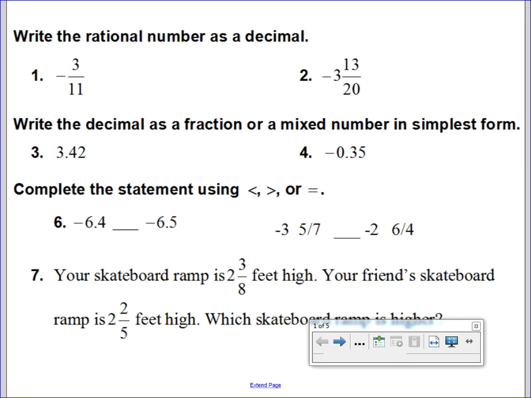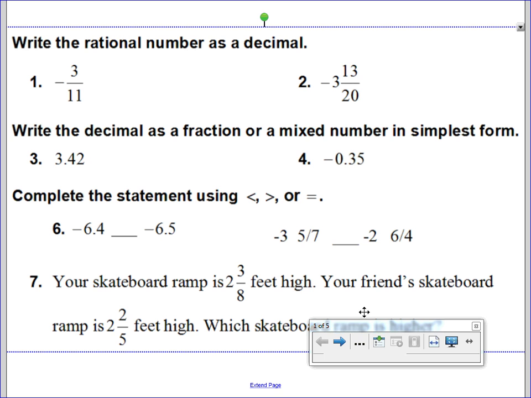All right, so we're going to go through the first 7 right now, and all of these questions are tied into the very first lesson that we have. This is from your textbook, 2-1, ordering and comparing rational numbers. We will have to do a little bit of fraction to decimal conversion, decimal to fraction. We'll have to be able to compare the two and order. There wasn't really an example of ordering on here, but